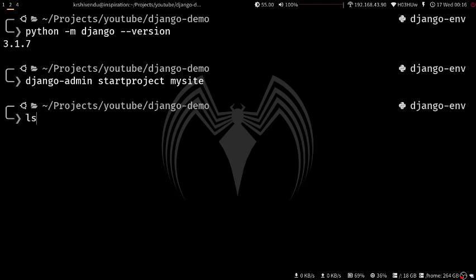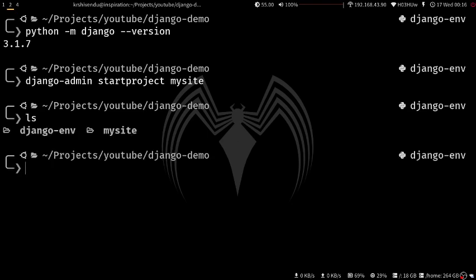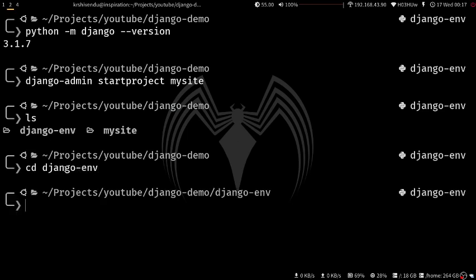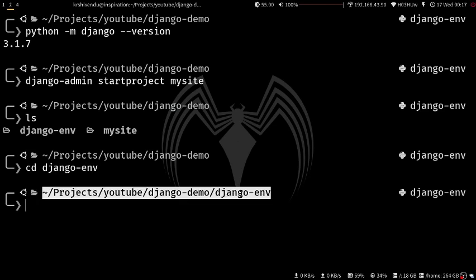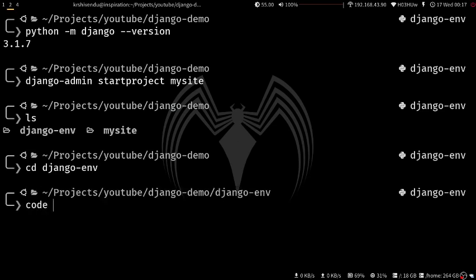Now do the ls command. The ls command lists all the files present in the current directory. So we have the Django environment, it's a folder. Now let us get inside the Django environment. The cd command changes our directory, and now we are inside. Let us launch a VS Code instance here.